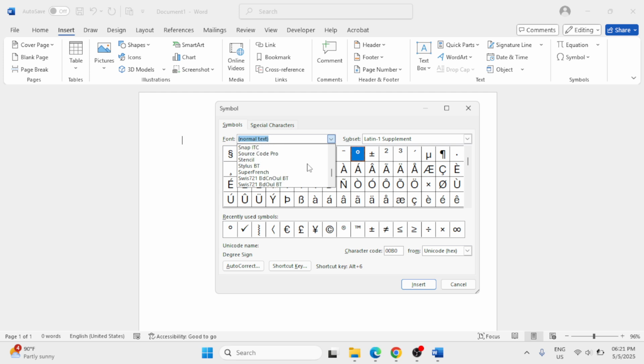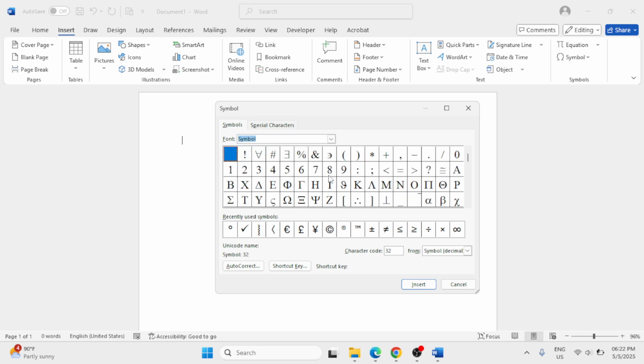Then we need to look for Symbol. Okay? Now once you find Symbol, we just need to simply scroll down from here. And we can find the club suit symbol. Okay, this one. So obviously we can simply insert this, but we can also create a shortcut text for this